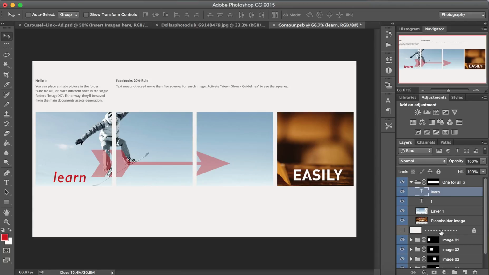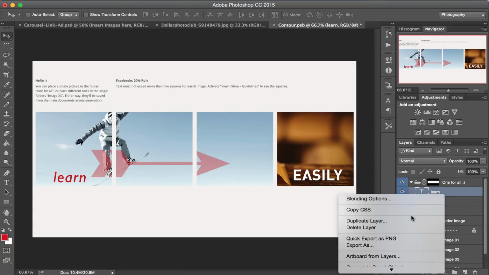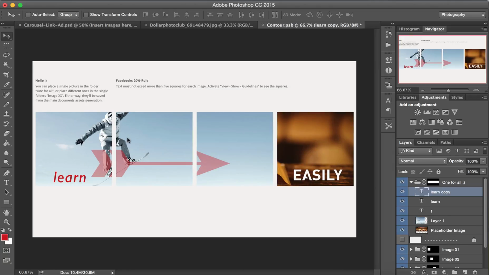So we're just continuing on here, and we have that all saved up. I could duplicate this layer, and we can just go learn, and then you go build, or you can bring it up here. Whatever you want to do is fine by me, but just make sure that it is easy. You want them to just see, read the learn, move, read your headline, move to the next one. And I really don't like them going more than 4, because you don't want people just scrolling endlessly. You want them to actually click on your link and go to your website. So now that we have that set, if I just wanted to end it right here, I could